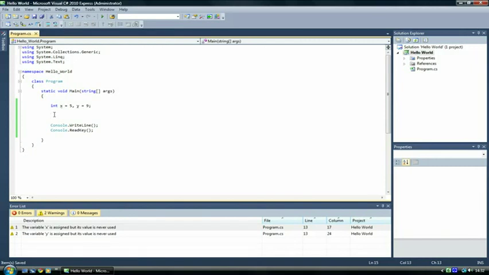So the way to do that is by using an if statement. So we write if, open your parentheses or your brackets, whatever you want to call them, and you write your expression. Now expression is just a fancy name for your test. Okay, so we want to check if x is equal to y. Two equal signs stands for a compare test. Okay, so if x equals y, then console